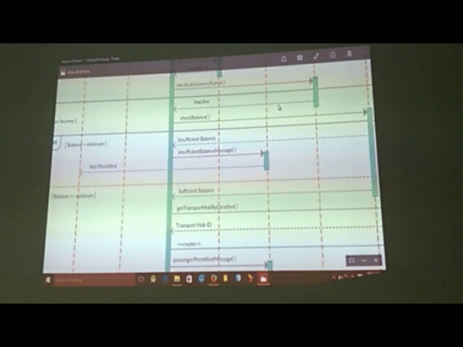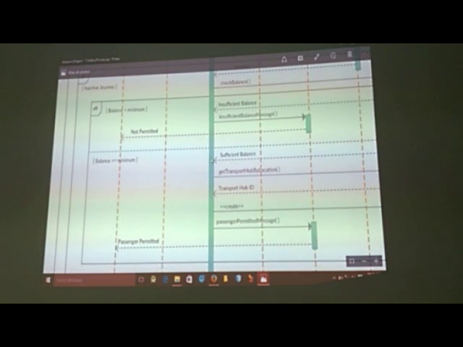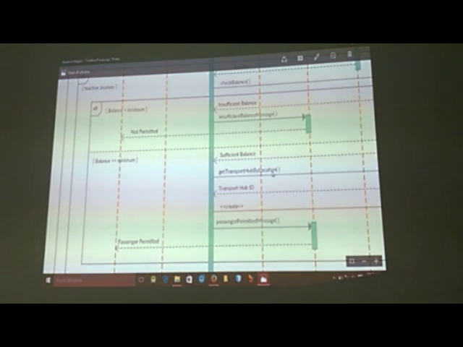We assume that to permit a passenger for a journey, he should have a minimum balance in the account. If the balance is not sufficient, an insufficient balance message is sent to the reader GUI. If the balance is equal to or greater than the minimum value,